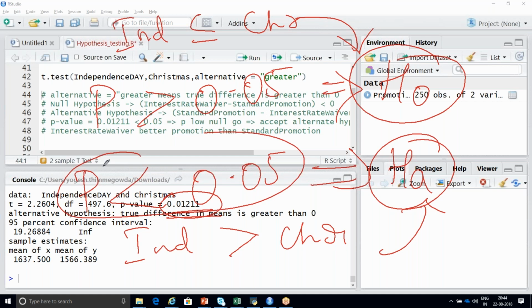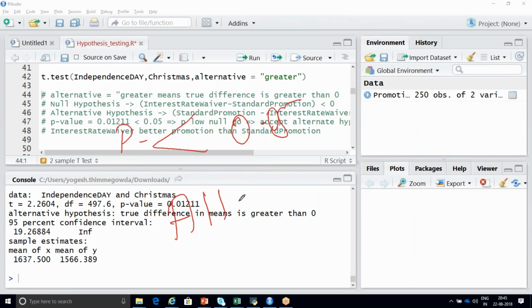Your decision should be based on your probability value. Your p-value is 0.01. Is it less than 0.05 or greater than 0.05? Yeah, less than 0.05. Less than 0.05 means you should accept your alternate hypothesis. What was your alternate hypothesis?